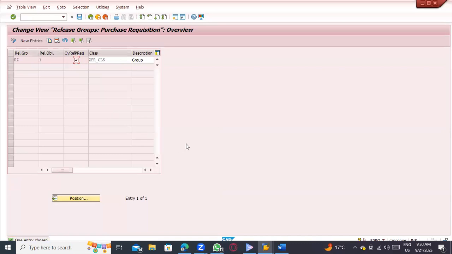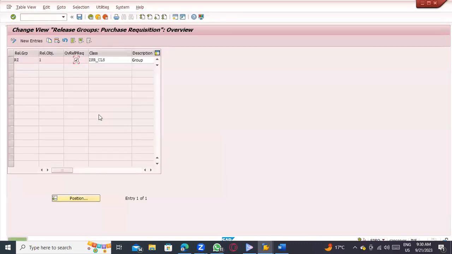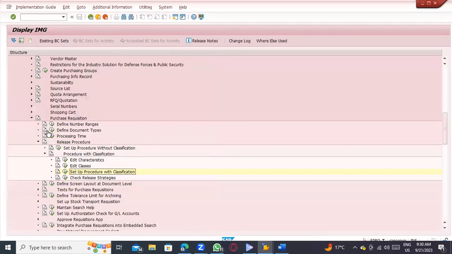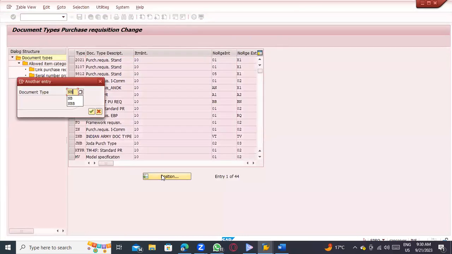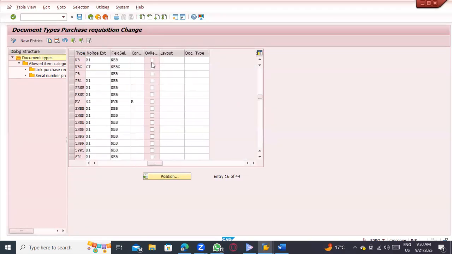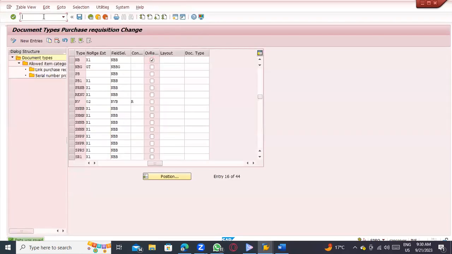You have to select this checkbox. Then at PO document type level, whatever document type level you are planning to do. If I'm planning to do it at NB document type level, then you have to select the checkbox for overall review for the NB document type. So these two checkboxes are required. If you did it for these two, then next time if I'm creating that,